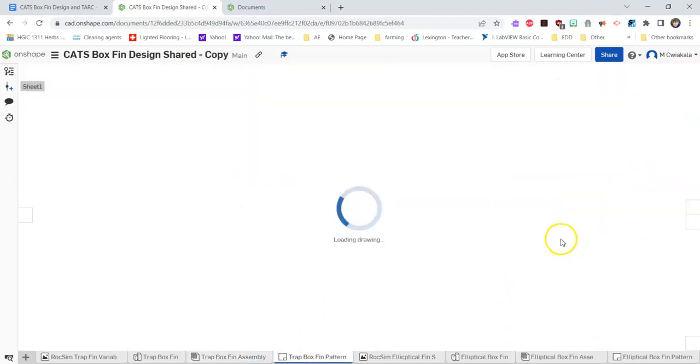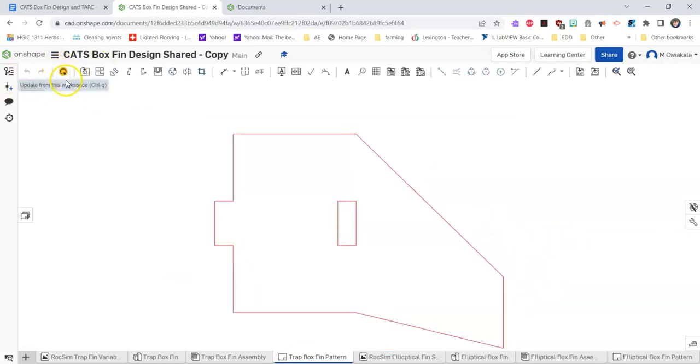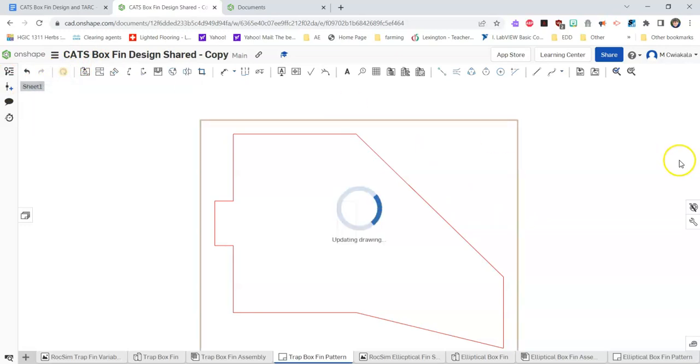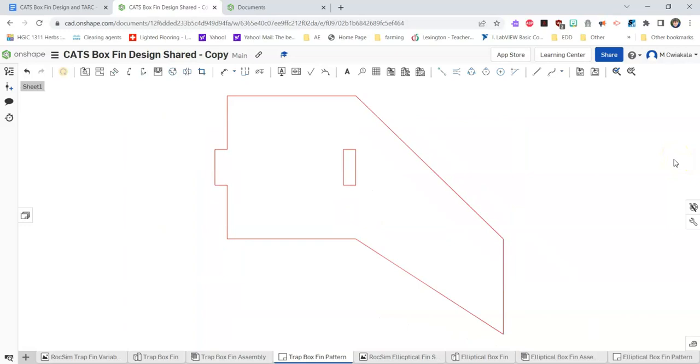Now, one of the things about drawings is that they have to be updated. You see this little yellow button? Update this from the workspace. Click over here. Okay, the fin will now be adjusted. If I type F for fit, it will automatically zoom out and give me the full size for the view